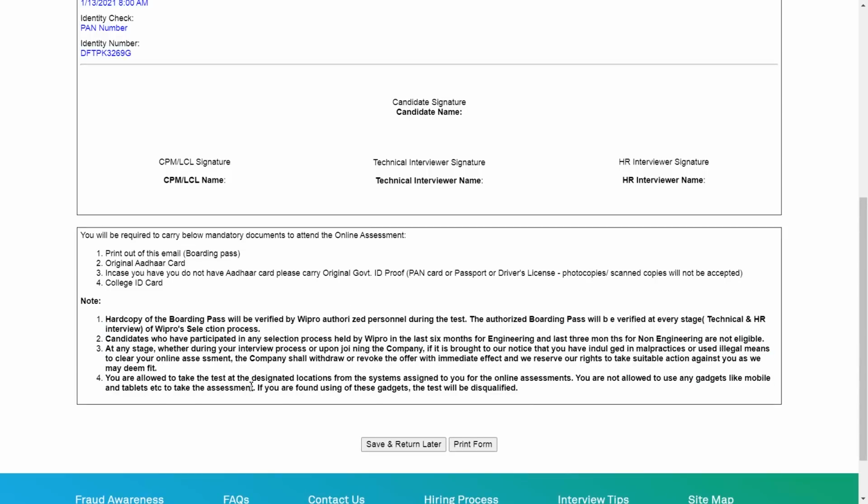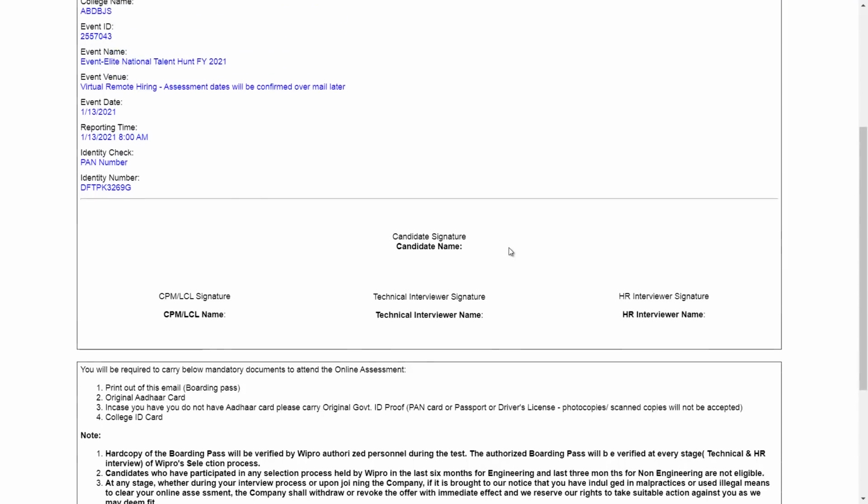You're allowed to take the test at other designated locations from the systems assigned to you for the online assessment. Right now, as you have already seen, there were no options for choosing the centers. You can see over here, event venue: virtual remote hiring, assessment dates will be confirmed over mail later.